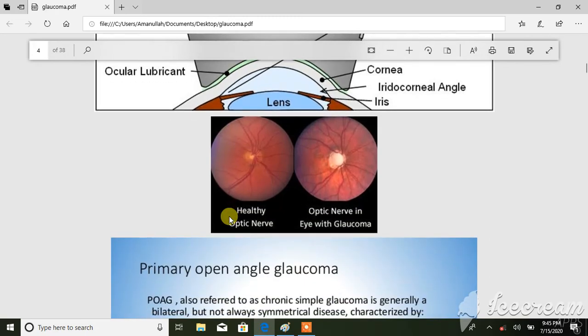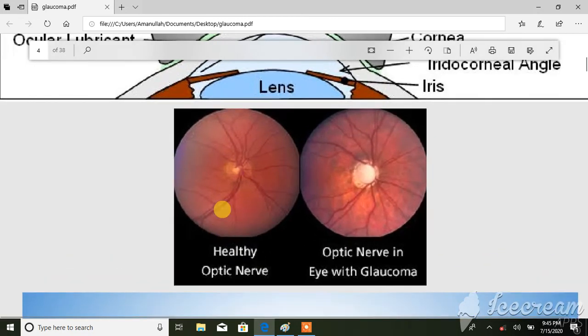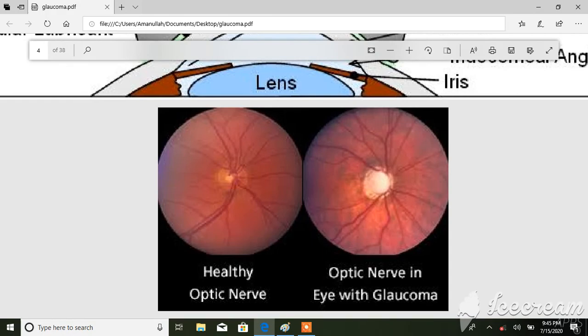Another is the fundoscope, meaning we visualize the fundus of the eye with the help of the fundoscope. Examination of the fundus is done by using an ophthalmoscope or slit lamp. This is fundoscopy with a contact lens, to evaluate the optic nerve head changes: how much cupping has occurred, and how much damage to the optic nerve fibers has happened. The optic disc, the cup to disc ratio, can be visualized with fundoscopy. And we can see that in the glaucoma patient, the fundus